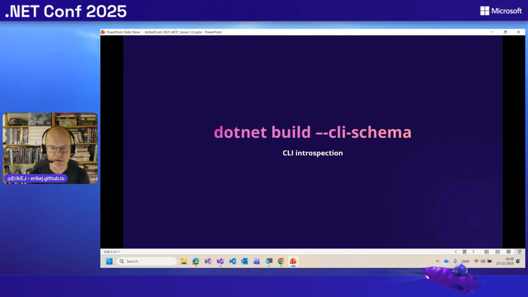It has been built into the .NET command already, and you can also, for example, with a tool like Spectre.Console.Cli, add it to your own app, so you can expose metadata about what your parameters are, what data types they are, what the values are, and so on. So that could be used by tools like AI agents in the future.